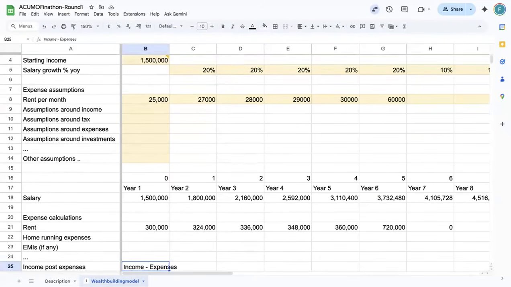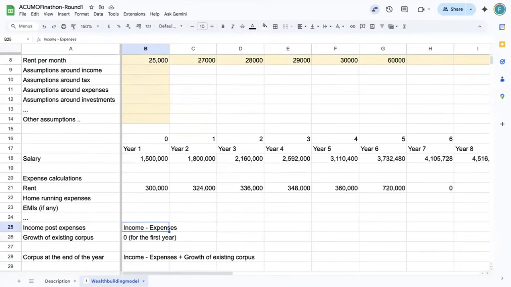And then finally, at the end of the first year, you would have a certain amount of income, a certain amount of expenses, and a certain corpus. If you're starting off from ground zero, then you don't have any corpus to begin with. So that's what your corpus becomes at the end of the first year. In the second year, whatever you have at the end of the first year is your beginning corpus. Whatever you do with it in the second year, along with the income and the expenses that happen in the second year, results in your corpus at the end of the second year. And that's how you need to build it year on year. Right?